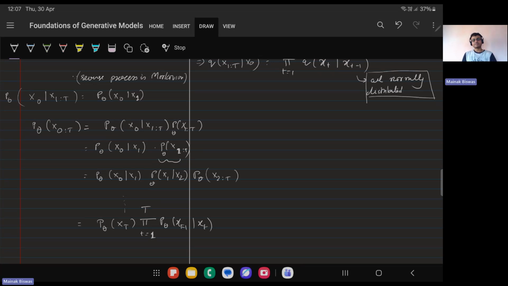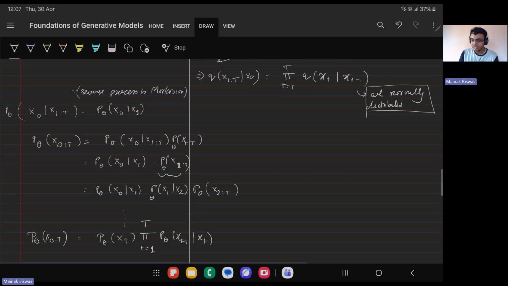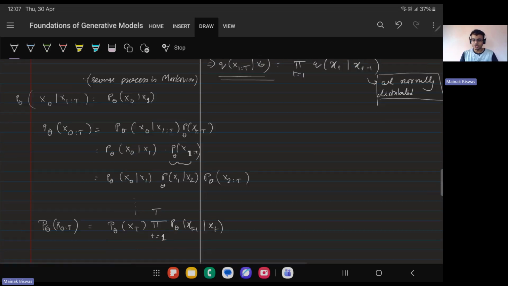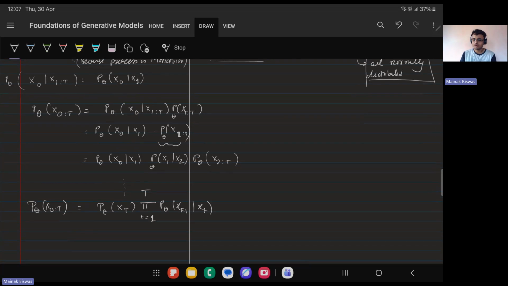This is what I'll get. Okay. So once I get that, I know the two joint distributions, p theta of x0 to t, and I know q of x1 to t given x0. These are two joint distributions I know, and I have been able to factor them down. Again, factored out